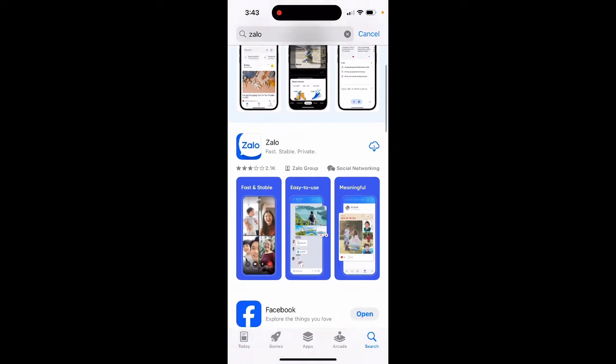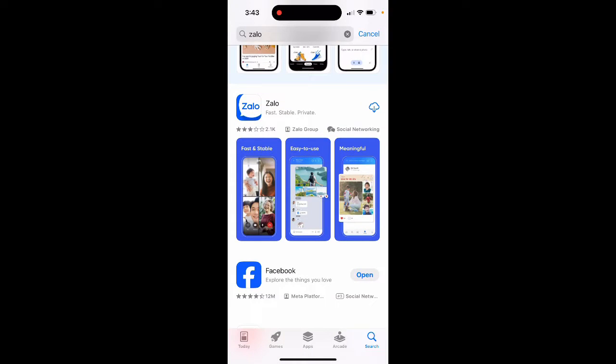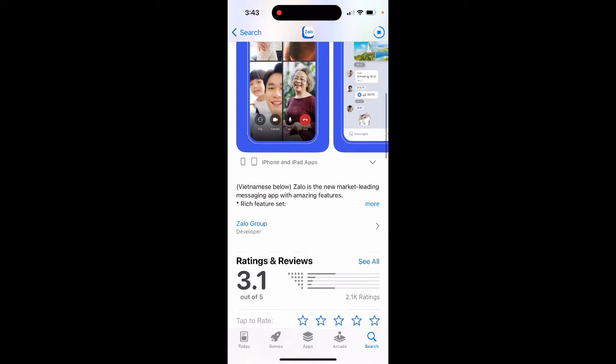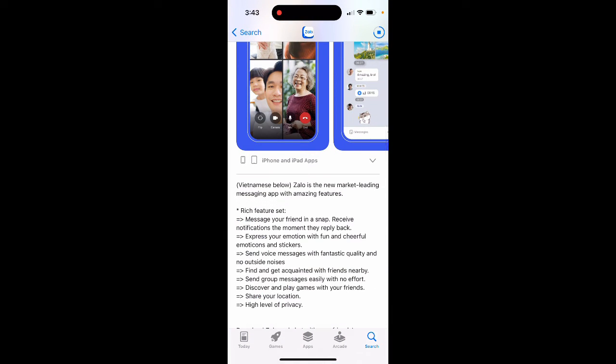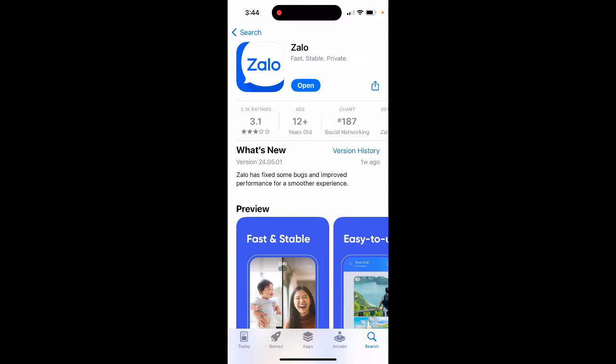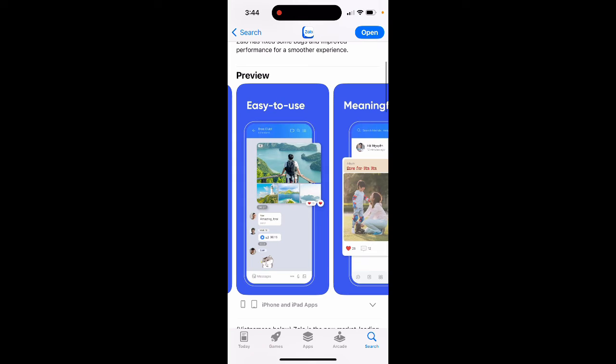Hey there, so here is ZALO app, fast, stable, private. What is it? It's a new market messaging app with amazing features. So it's a popular chatting app, I think, especially in Vietnam